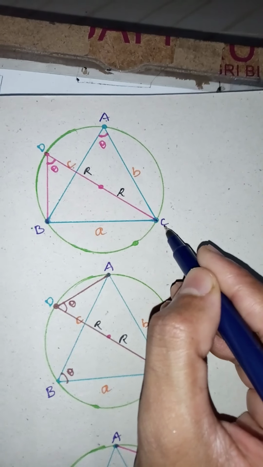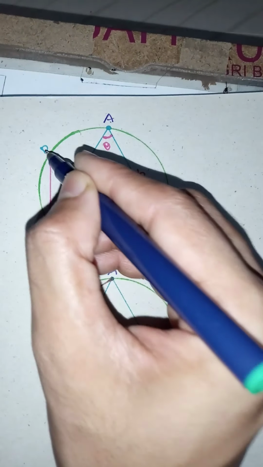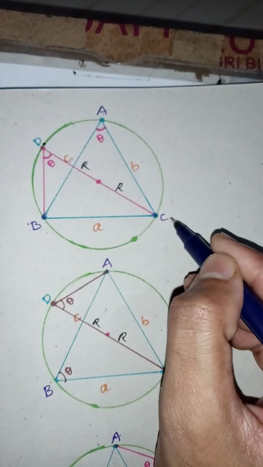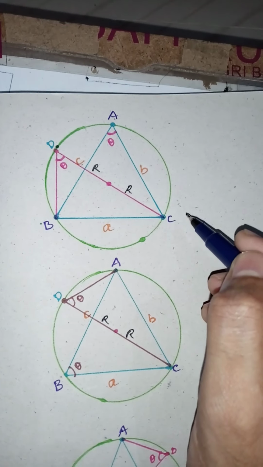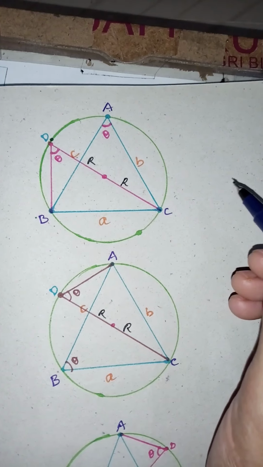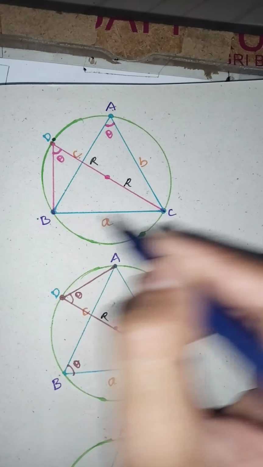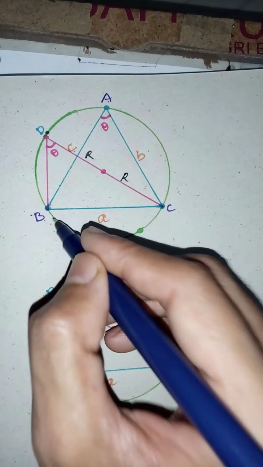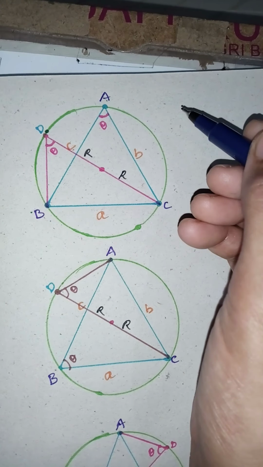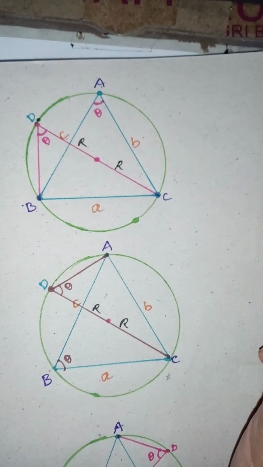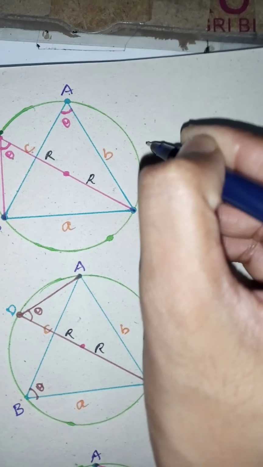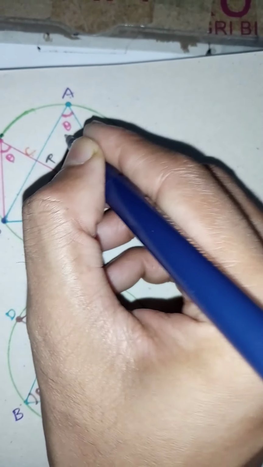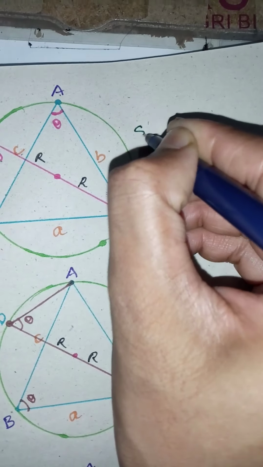Now see, BC is the common side for both the triangles DBC and ABC. We are using the principle that angles in the same segment are equal. Here the segment is just above the chord BC. So this angle is equal. Therefore we are using the sine function. Therefore what is the angle formed here? This is also the same angle.